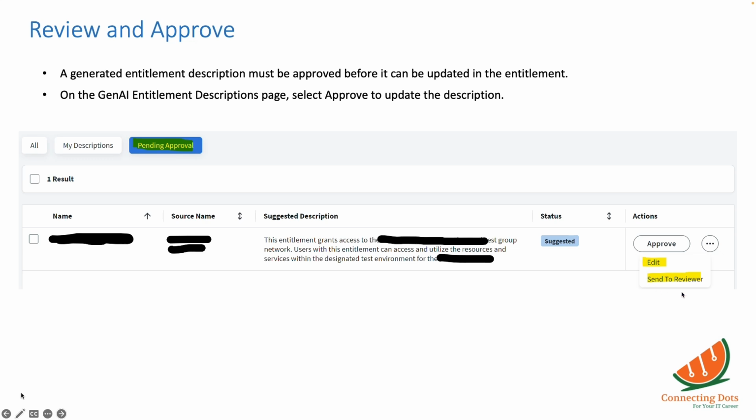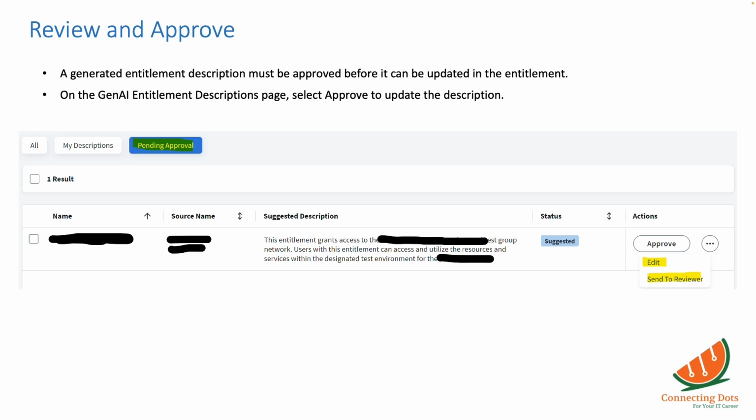When you click on these icons, as an administrator, you have approval for everything. Even if someone places an access request, as an administrator you can approve it as well. What is meant by administrator? A super user who can do anything. Since you generated the entitlement descriptions as an administrator, and it is available for administrators only, you can approve as well. It's not like you are approving your own action, which is a good way because maybe you did it by mistake. Since it is not typed by you, and Gen AI generated this description,